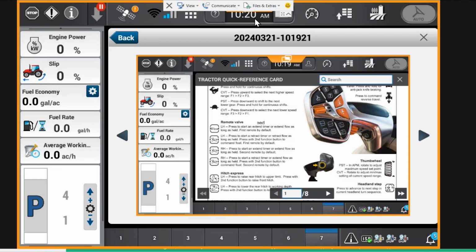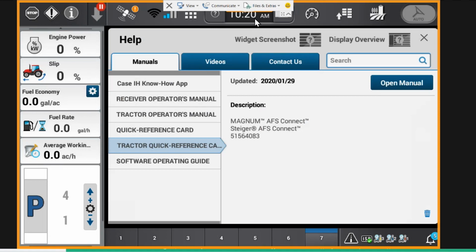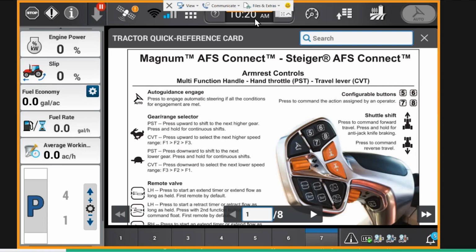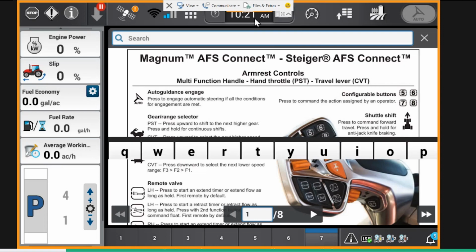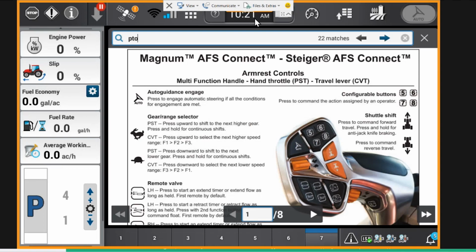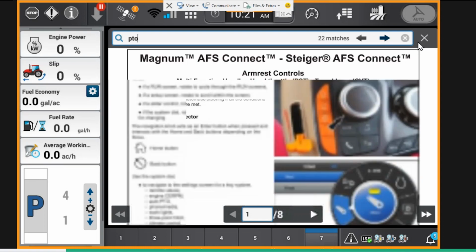Also, Kelly, if we go back to the question mark, from here, let's open up that quick reference card again, just because that's a small document and it'll work a little faster. But there's a search bar at the upper right. So just like on a computer, if we wanted to search for a word in that document, like let's type in PTO on here. I think PTO is used like 22 times on this document. So right there where it says there's 22 matches, that arrow on the far side over here is lit up blue. So if he clicks on that arrow, it's going to pull him to where it used the PTO and